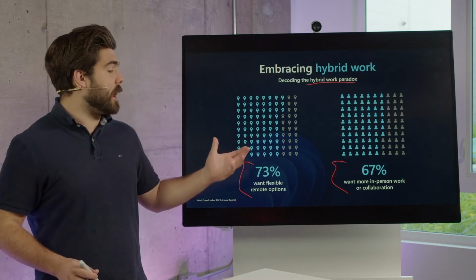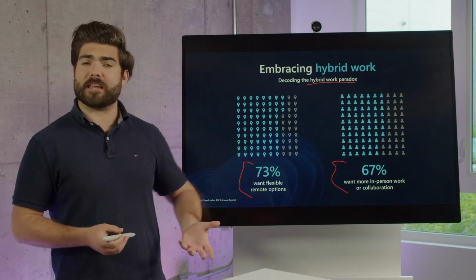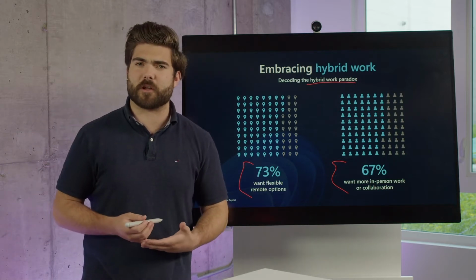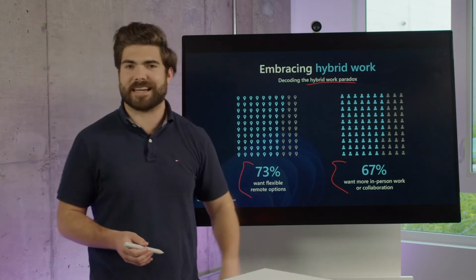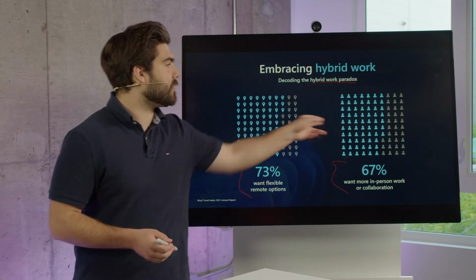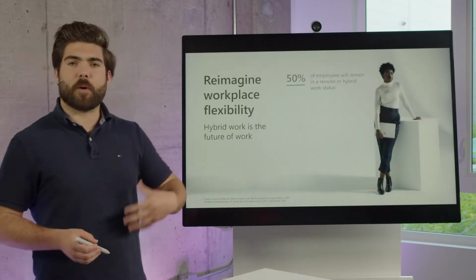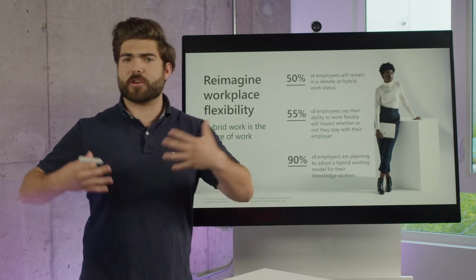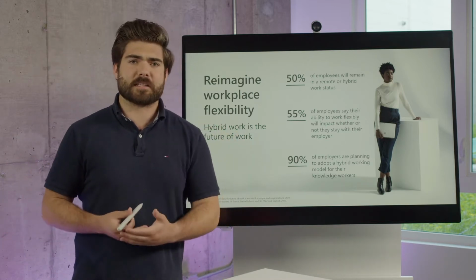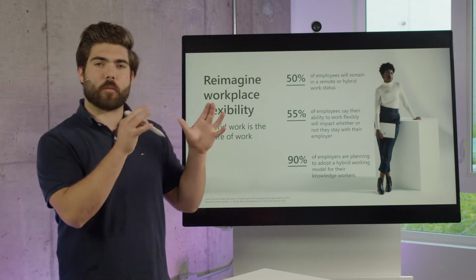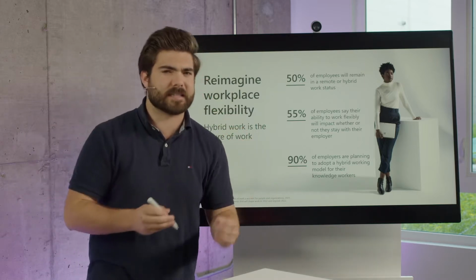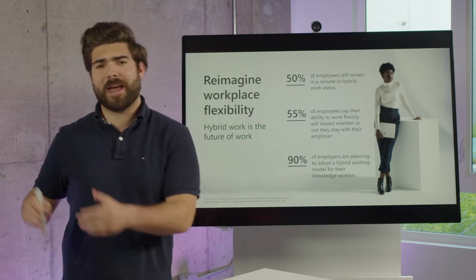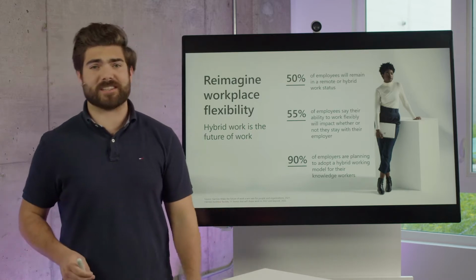It's no wonder that people are, on one hand, enjoying the ability to work where they feel the most productive and most creative, but at the same time missing out on that in-person collaboration. We have partnered with a couple of different organizations, both Gartner and Forrester, to conduct some studies, and we've learned some interesting things. While the hybrid work paradox is what people want, they want the ability to work from home and the ability to have that in-person collaboration.